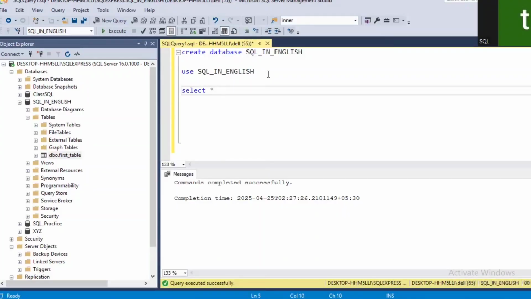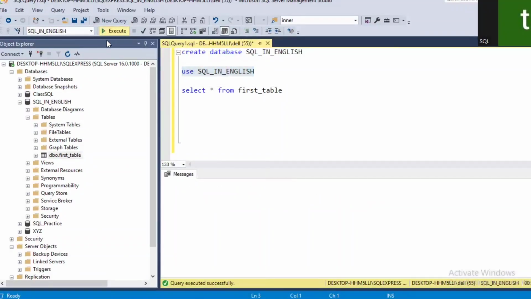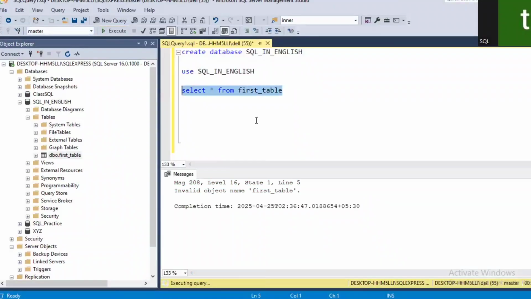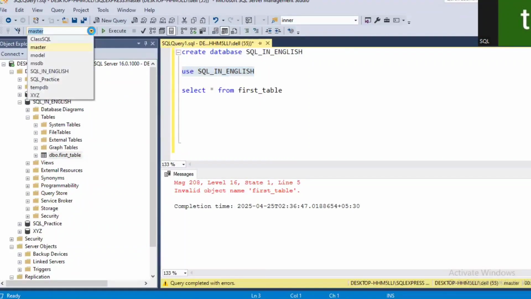Select star from first table. However, before executing this syntax, you need to check if this is in the correct database selection or not. As we use here, use SQL English, it'll automatically select it correctly. If it is somewhere else like master or something, this particular table will not work. So for that, you need to change that master to SQL in English, which you can do with the help of this command, or you can do by going to the drop down,